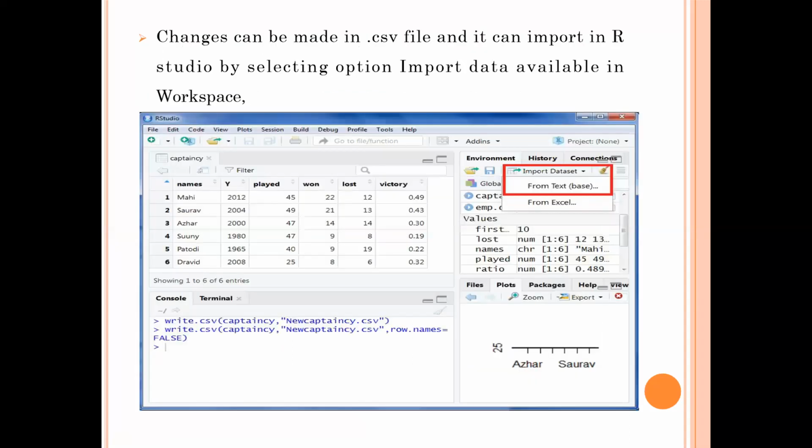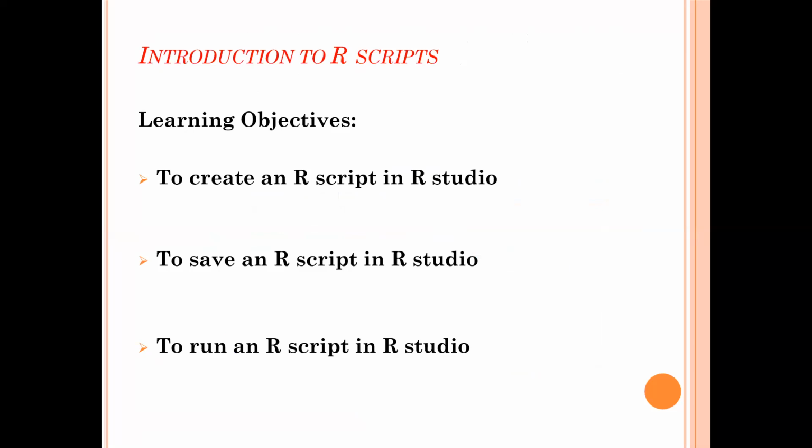Okay, so if you want to import some other data, if you have your own database or data frame, you are going to import it in the history box. There is an Import Dataset option. If you have taken it from another source, you can import it from a different data set and add it to this part. So this is about the data frame.